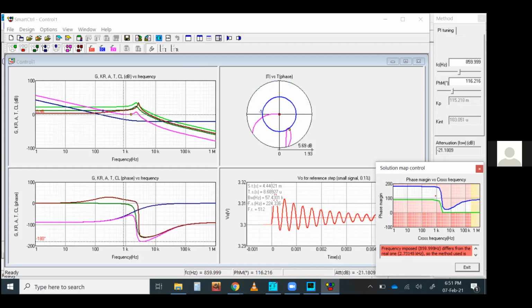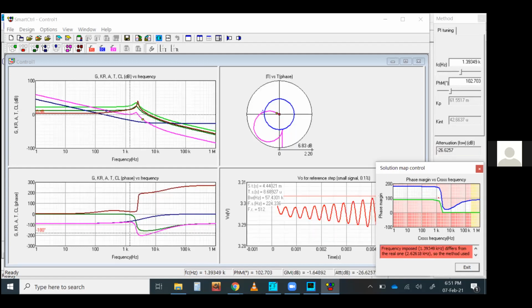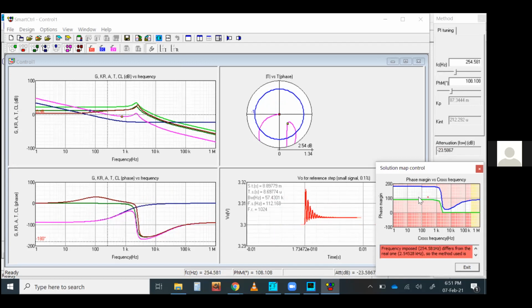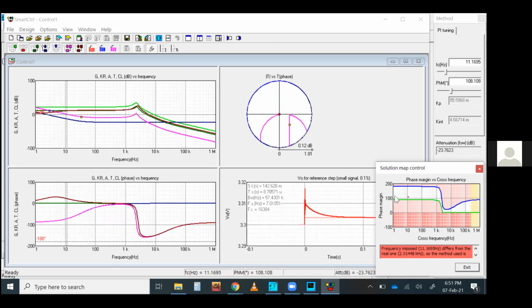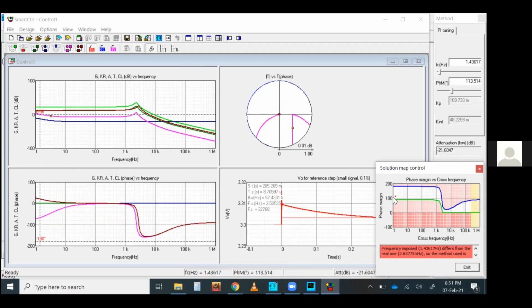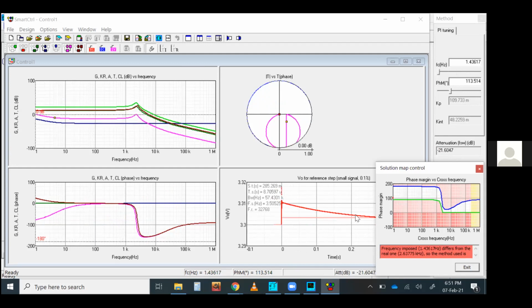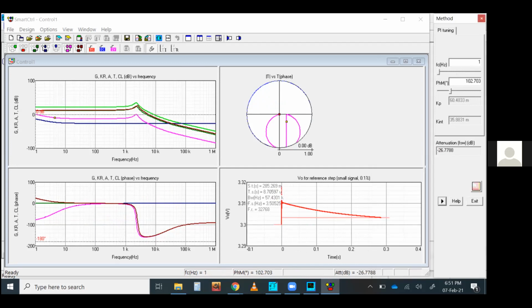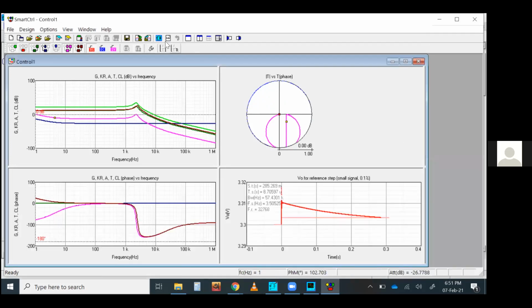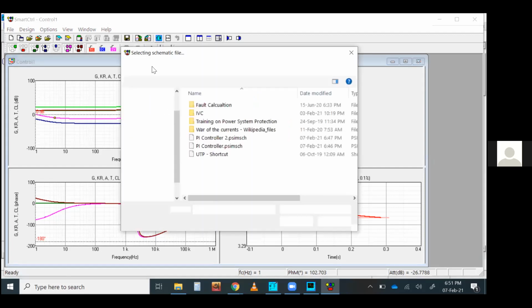I can change this. This creates more oscillation. This looks pretty good. Overshoot is still very high. We'll come to this. So this is how you can fine tune the control system, and then exit. And from here, you can do three different things. You can export the transfer function only, or you can merge the transfer function with the existing one, or you can take this control circuit schematic to the PC network and use it.